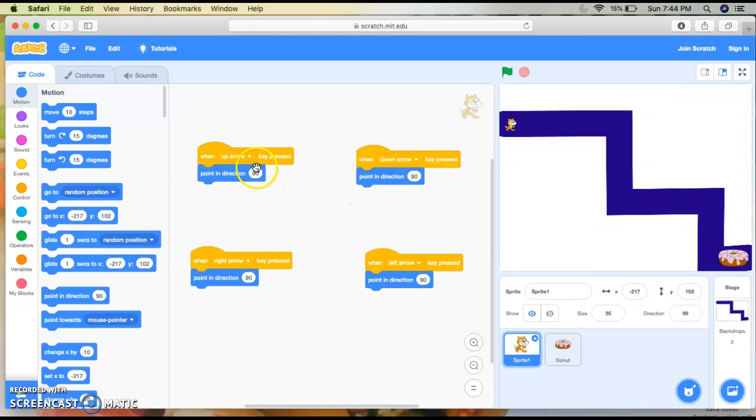And we're going to say when the up arrow key is pressed, we would like our sprite to point in the direction up, which is 0. When the down arrow key is pressed, we want to point him in the direction down, which is 180. When the right arrow key is pressed, we're going to leave this in the direction of right, which is 90. And when the left arrow key is pressed, we're going to change this to the left direction number, which is